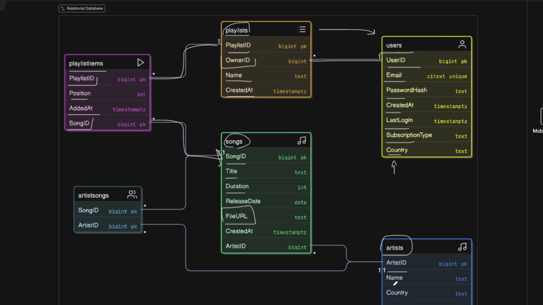So we can have the artist ID and then the metadata about them, like the name, country, and so on. And we'll need to connect the artists to the songs. For that, we can use another join table like artist songs, where we can keep track of, most importantly, the song ID that they uploaded and the artist ID, like which song belongs to which artist. And additionally, we can store some more metadata here, but this is the bare minimum that we need to have